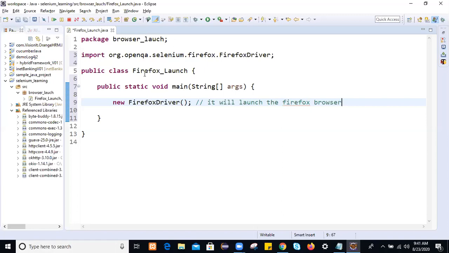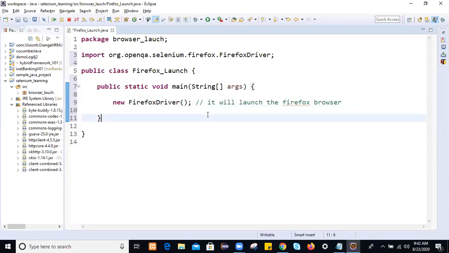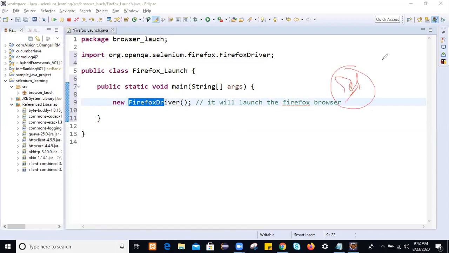But guys, remember, if you are working with third-party browser plugins and bindings, and you have not set the system property for the driver path for the particular browser, then you will get an error when you run this Java application. If you are working with Selenium 3 and your Firefox browser is above version 48, you have to set a system property for Firefox.